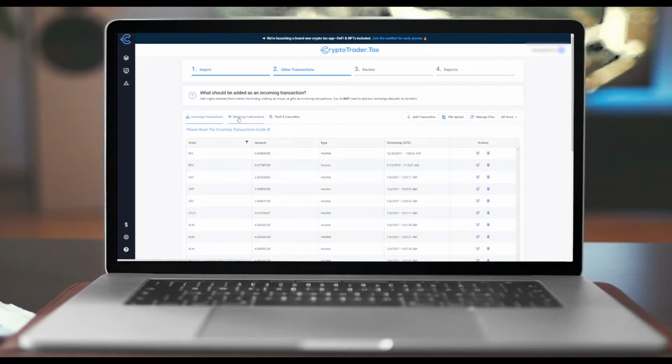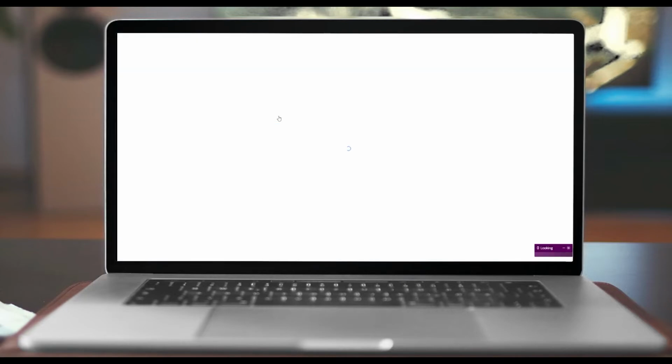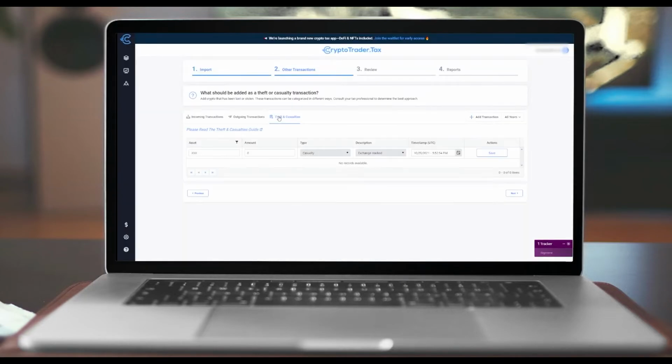You can also set up outgoing transactions or theft or casualties. And theft and casualties, these are things such as if you sent the crypto to the wrong address and it just was lost, you can mark those here. And once you've reviewed all your transactions, you go here, click next, and this will take you to the final